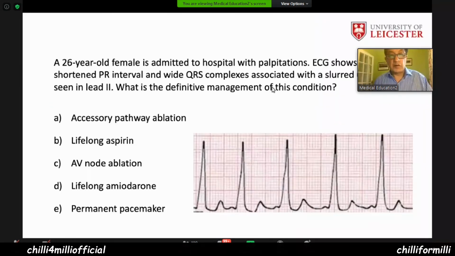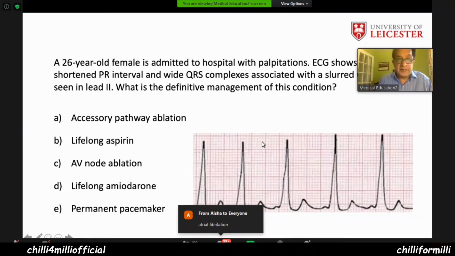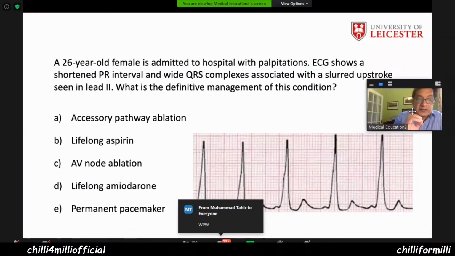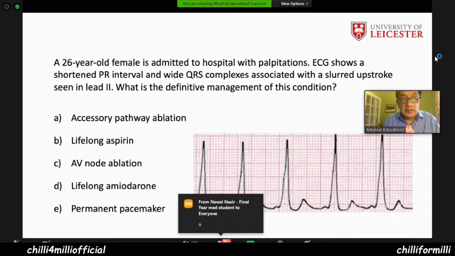Right, okay. Slightly more challenging question. Who can offer me the diagnosis here? And what treatment will you give? You will give treatment only if you get the diagnosis right. What is the treatment you are offering for this diagnosis? So basically the examiner is asking two questions in one. What is the correct treatment? Nawal, Tahir, Huria, all your answers are correct.